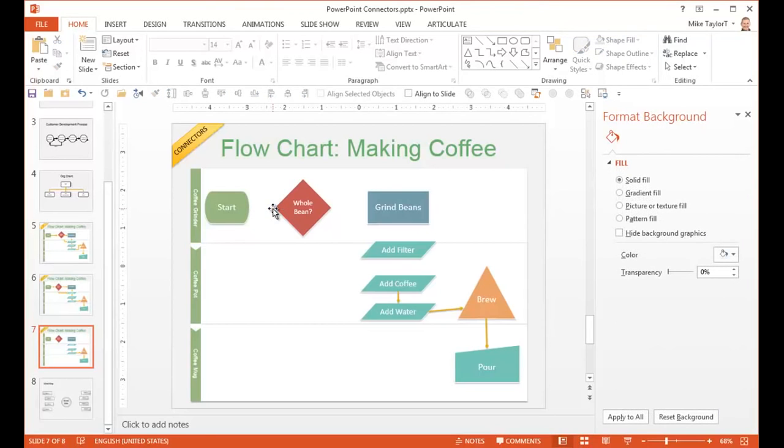So if I want to make this a connector instead of a line, I'm just going to do the same thing. I'm going to start the same way. But if you notice, when I hover over this shape, I get these black connection points, one on each side of this shape. So what you want to do is start your line right on one of those connection points,